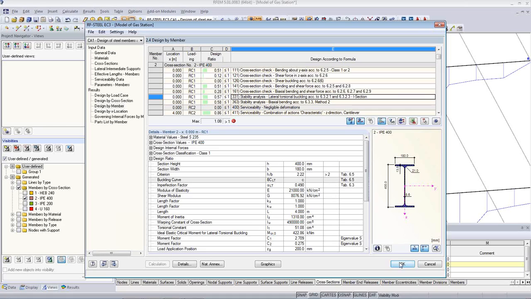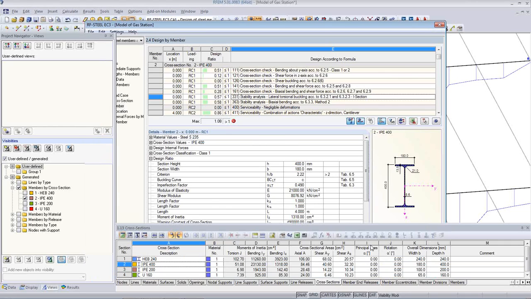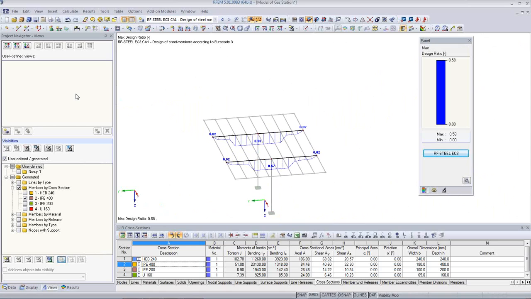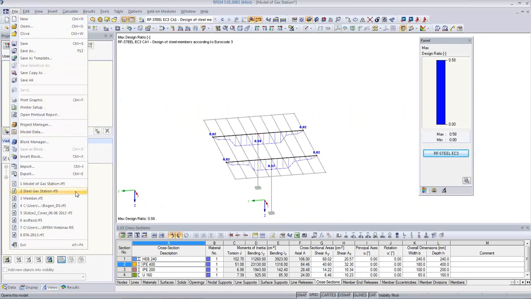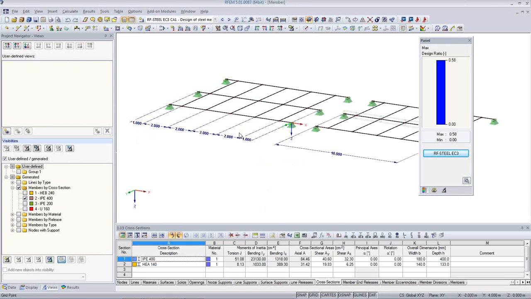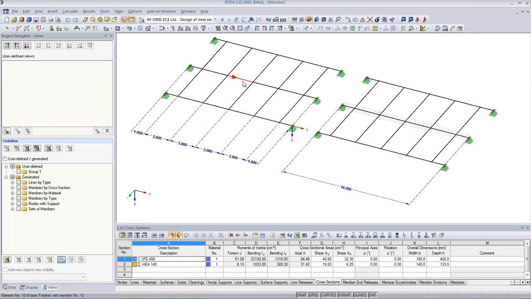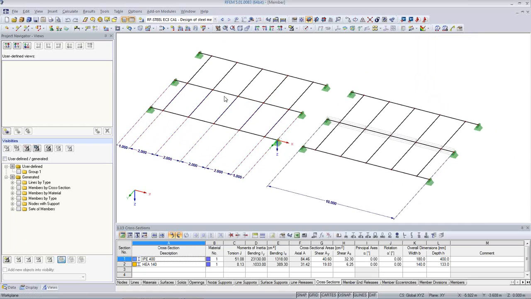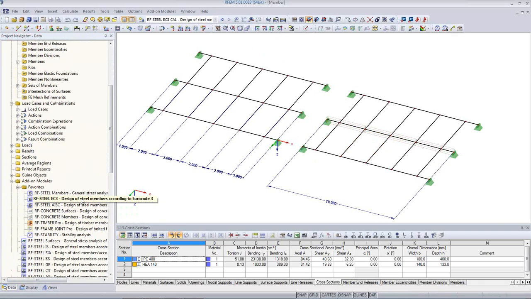The next question is, what about those set of members and how that works? I can show you this in another model. I have a similar situation here where I have two models, one with the intermediate beams, and one with the same model with the same loading with the set of member. And if we go to the design of steel EC3